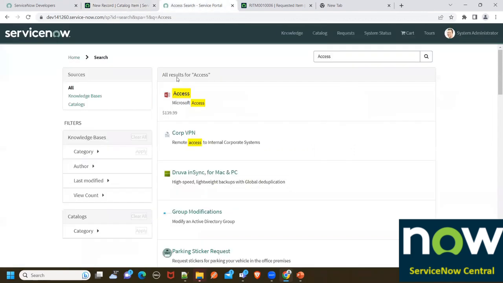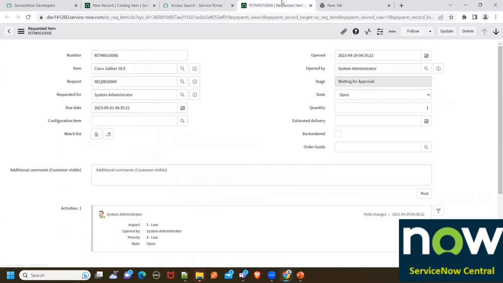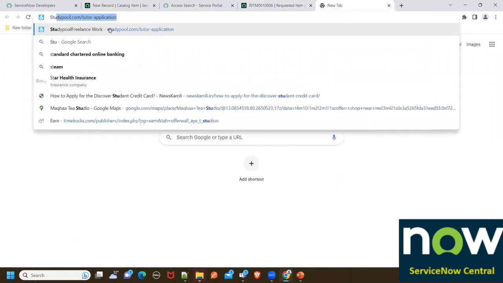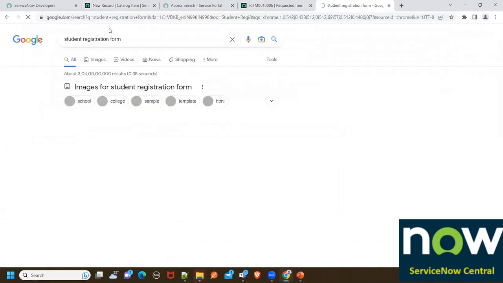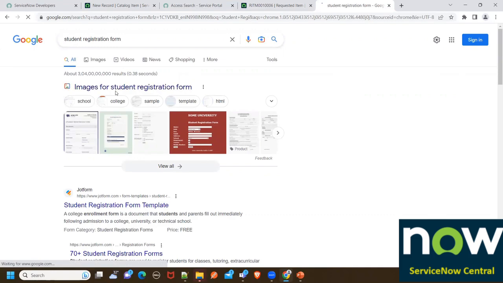Then you see the icon, right? This type of icon is there. So I can upload that icon. I want to put some sort of icon there. What I can do, I can